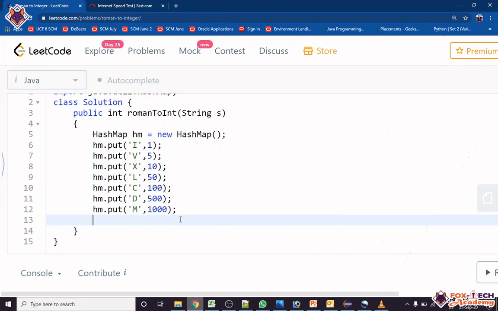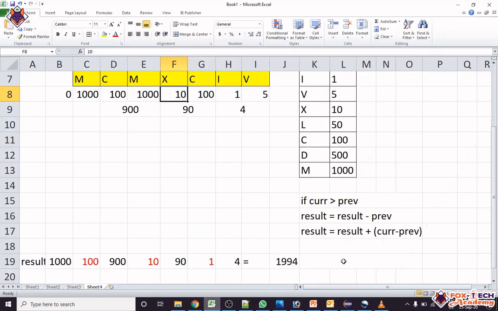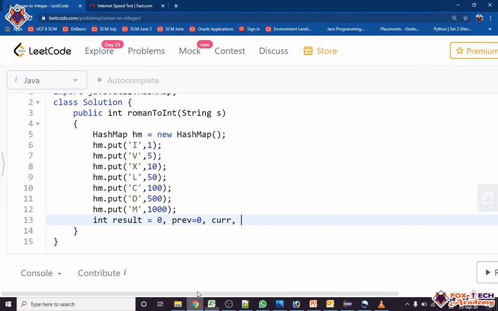It's clear. Now we need three variables: result, and previous, one variable to store the previous value, which in the start we will set to 0. And we will use a current variable for the current value.